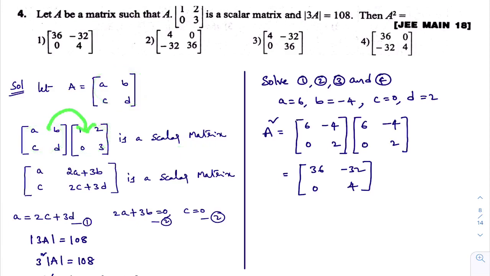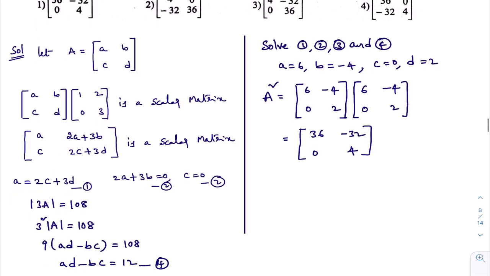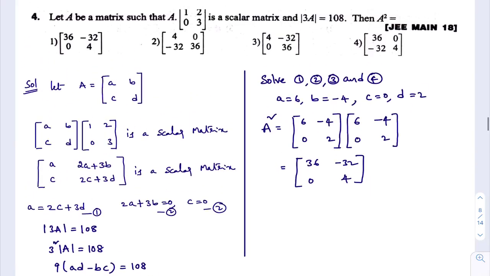Now I am multiplying these two matrices. You know how to multiply the matrices. First row, first column, then you will get this. First row, second column, then you will get this. Second row, first column, then you will get this. Second row, second column, then you will get this. All these things in POC you learn. As they are saying this is a scalar matrix, it tells you that these two elements are equal. And we know that this element is 0 and this element is also 0. Now what you will do, substitute C value 0 here. Like you solve all those things. I am not solving here. You solve those things.